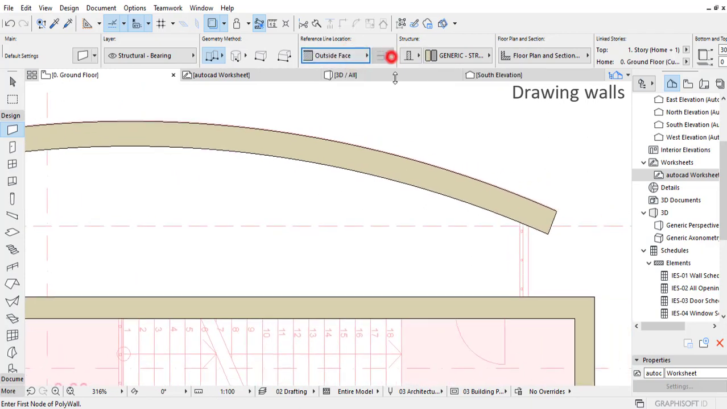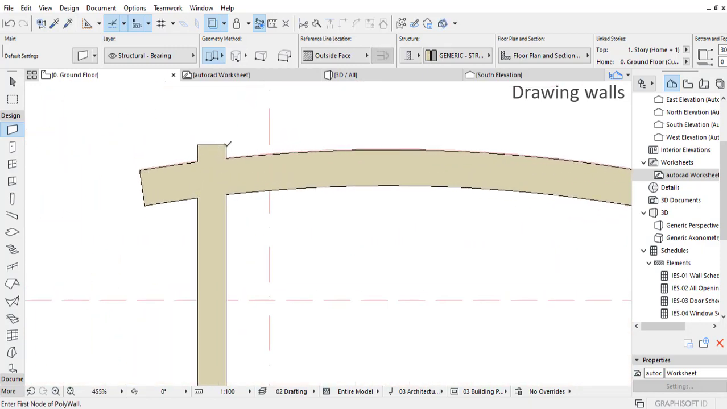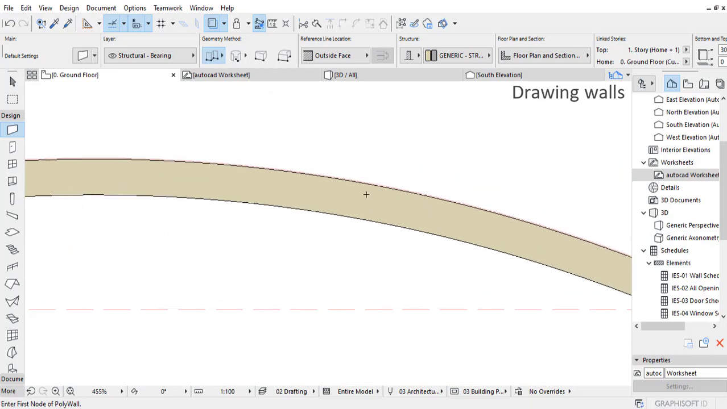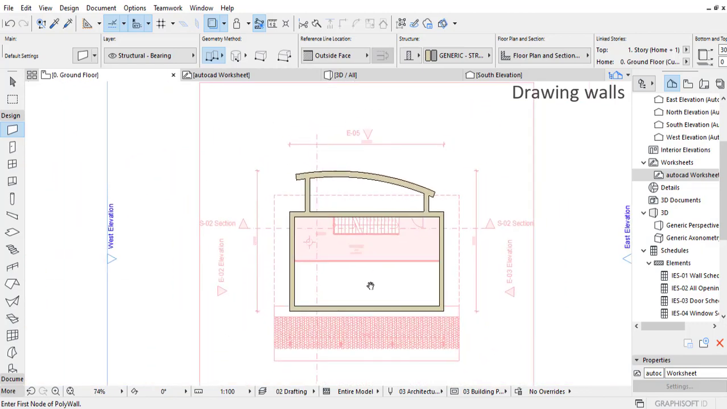Then we will have to change the direction. If you make a mistake, just click on backspace once and it will take you one step behind. And I can simply use a trim tool to just trim this away. So there we have the walls drawn,